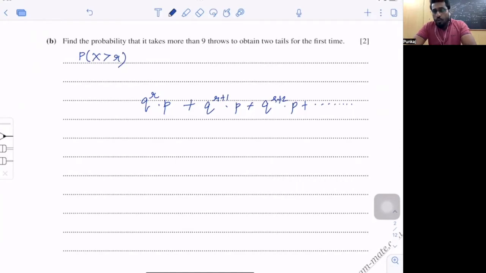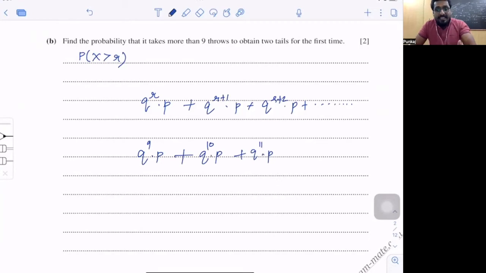So more than 9 throws, it means what? I might be successful in the 10th throw. So Q raised to 9. So 9 throws were unsuccessful and the 10th throw was successful. Or, so plus, right? We were successful in the 11th throw. So Q raised to 10. So for the first 10 throws, we were unsuccessful. And in the 11th throw, we were successful. Or we were unsuccessful for the first 11 throws and